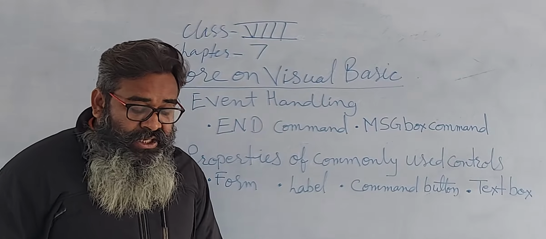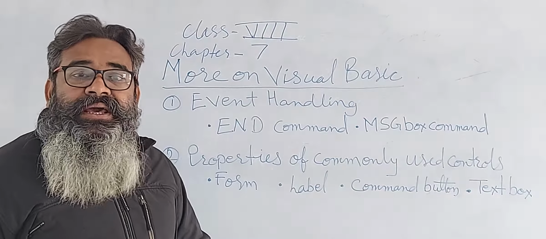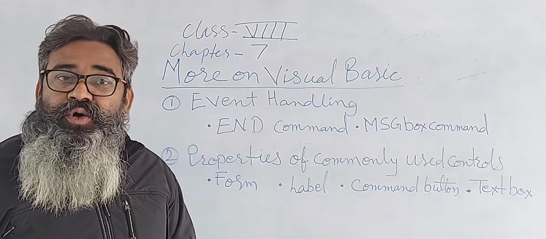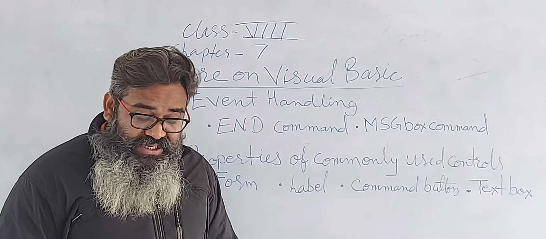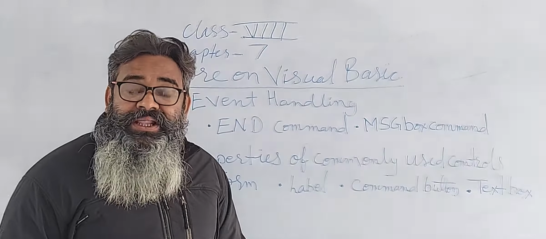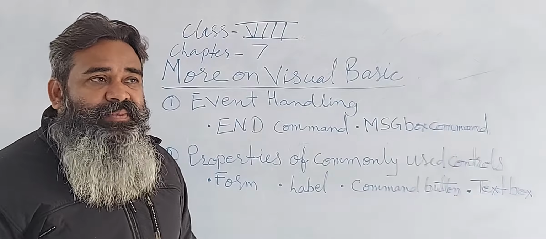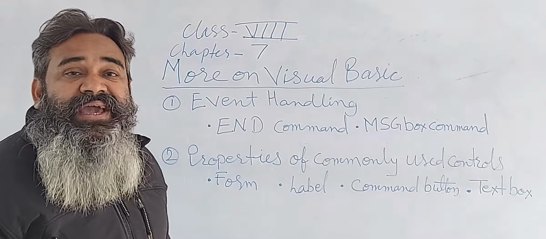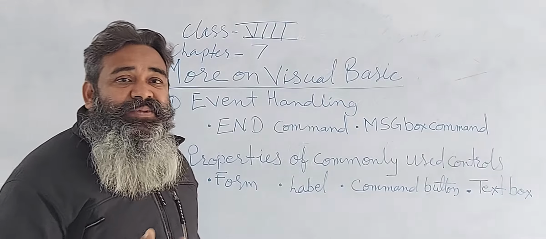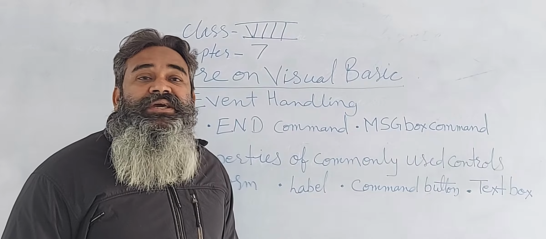So at least 3, 6, 9 buttons we can have in a simple form, and we have to put their coding according to our choices. It depends on us what kind of project or complex program we want to do within Visual Basic, and we have to put proper coding for that. That means we have to write the output according to that manner. And last, there is always an exit button. The exit button means we can exit from that project or form view. Exit means execution is over and we come out of the Visual Basic program.